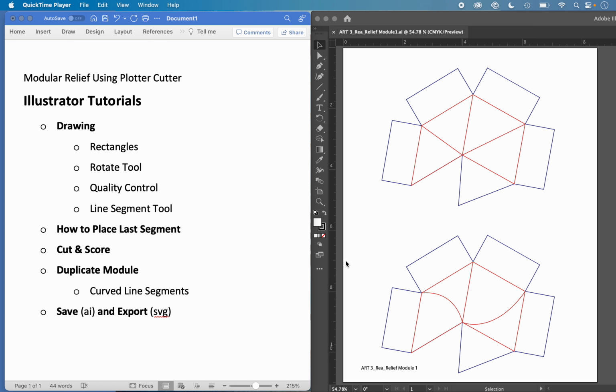Design students. In this tutorial, we're going to learn how to use Illustrator to make drawings that can give instructions to a plotter cutter. We'll output these files as Illustrator for our own archives, but as SVGs that the plotter cutter can interpret. So we'll start our drawings with some rectangles, and we'll learn how to position them by using rotation. We'll learn how to be very precise in these intersections and how to connect things with the line segment